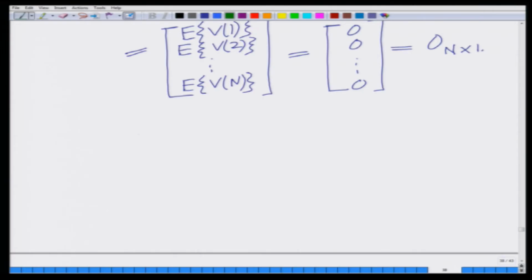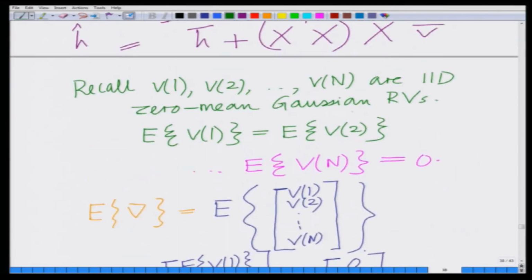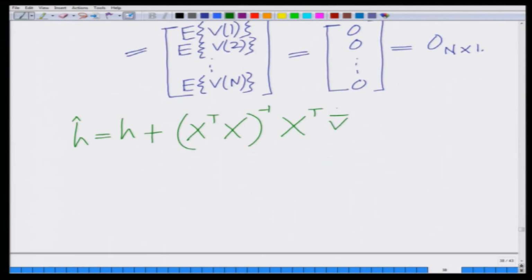Recall that h hat equals x transpose x inverse x transpose y, that is, h hat equals h plus x transpose x inverse x transpose V bar, which means expected value of H hat equals expected value of H